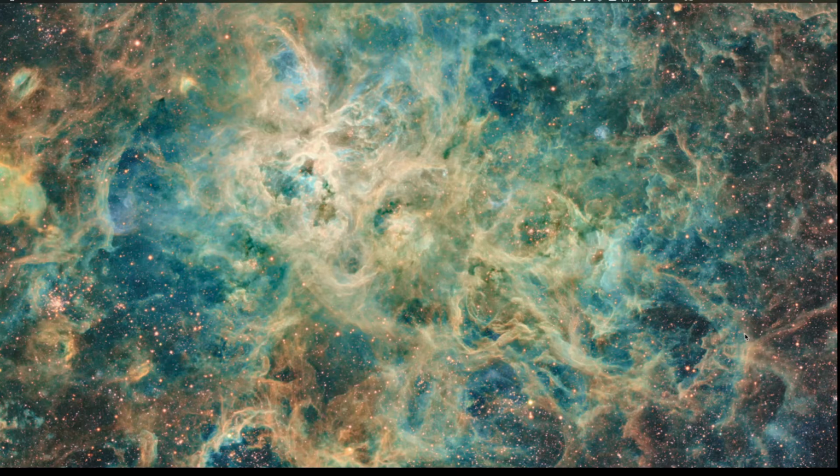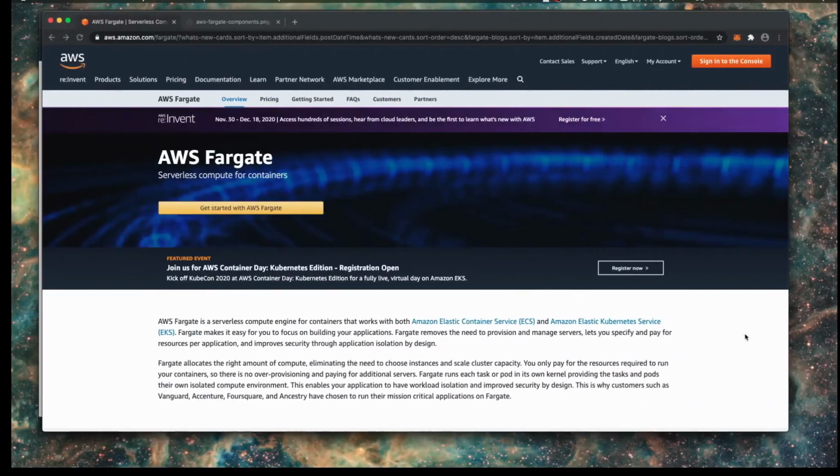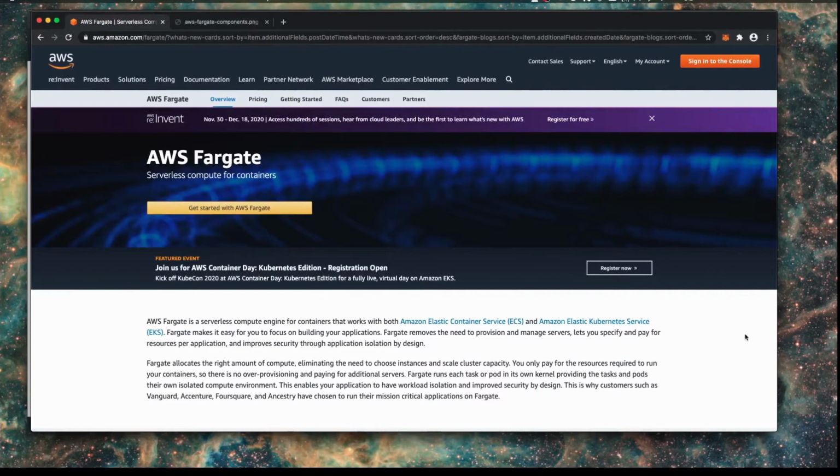We'll also look at security and how we can manage security groups to make sure that the services can communicate effectively between each other. So without further ado, let's take a look at Amazon Fargate and what it is all about. So if you head over to Amazon Web Services website, you can go to the Amazon Fargate page here,